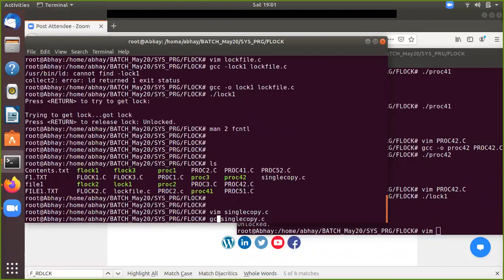Abhay, yes, why are we using that PID over there? What was the use of that PID? PID is basically helping you identify the current process entry. It will be looking for which process I have to put a lock on.